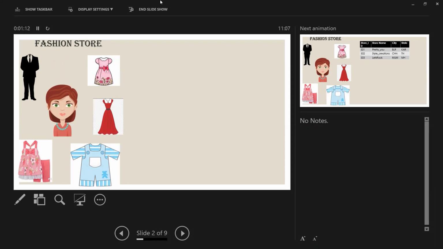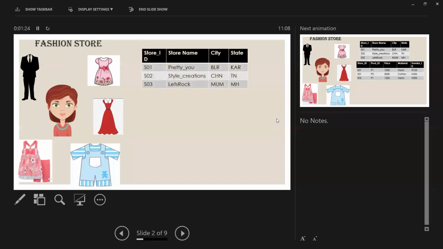So she's having this thought in mind, and finally she's putting it into action, and she started building her own business, and she hired places in 3 different cities. So let's call the 3 cities that she's looking at in India: Bangalore, Chennai, and Mumbai. So she has set up her business. She has opened her store and she started selling dresses.